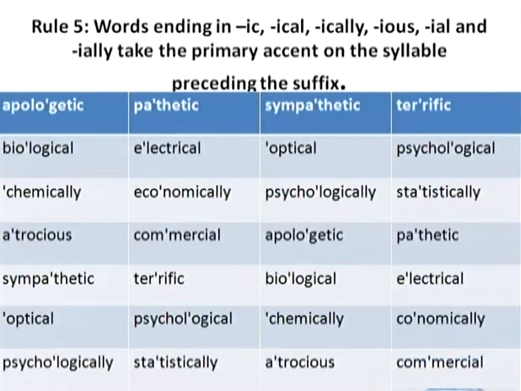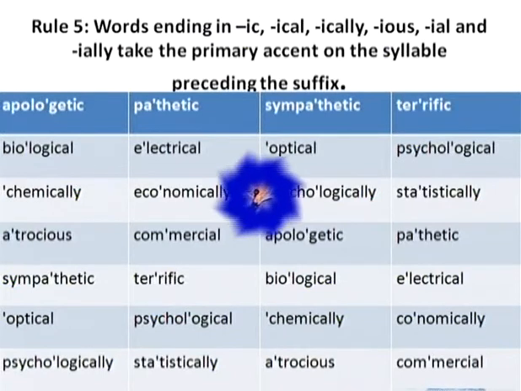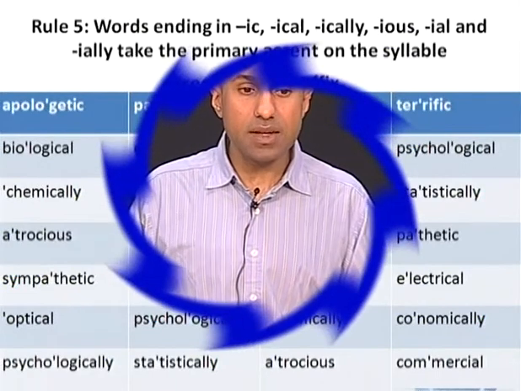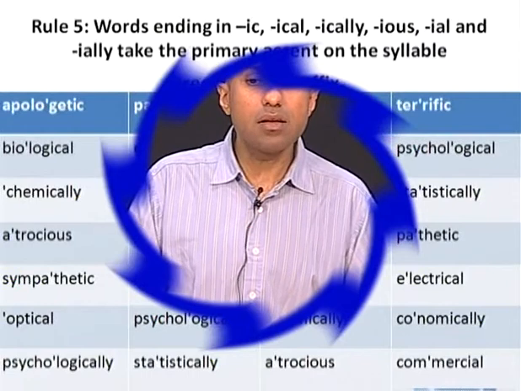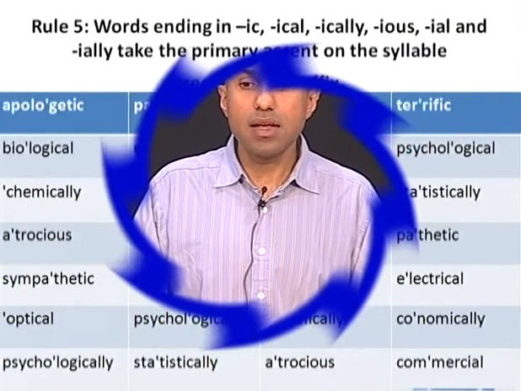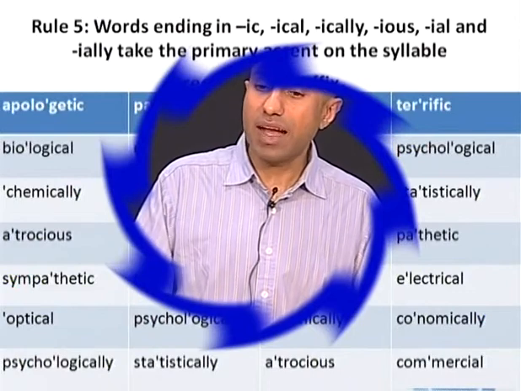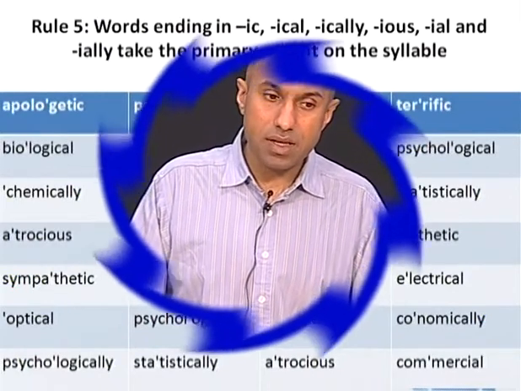Apologetic. Pathetic. Sympathetic. Terrific. Okay, apologetic, pathetic, sympathetic, terrific. Biological, electrical, optical, psychological. Do you get the pattern here? That words that end in ic, ical, ically, ious, ial, and ially take the primary accent on the syllable preceding the suffix. Apologetic,